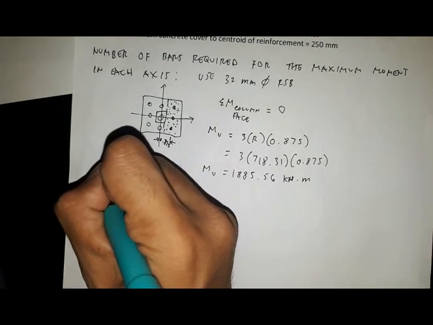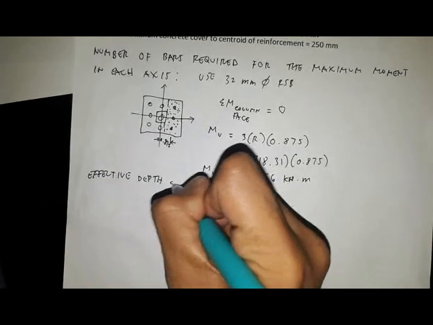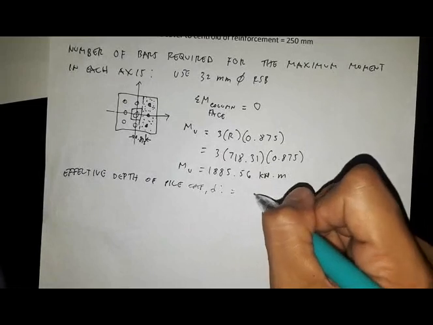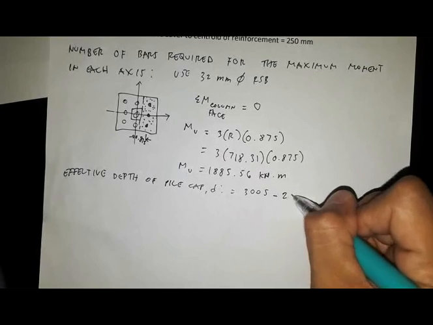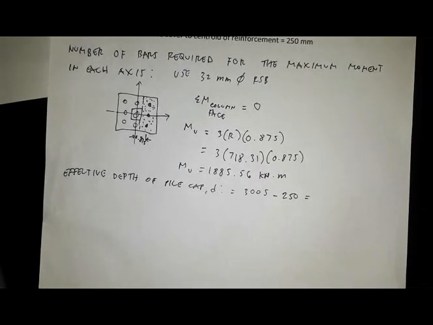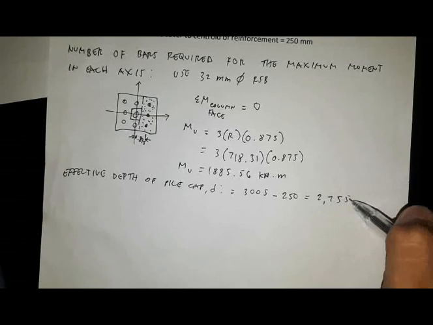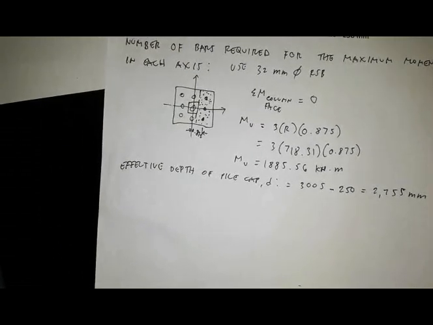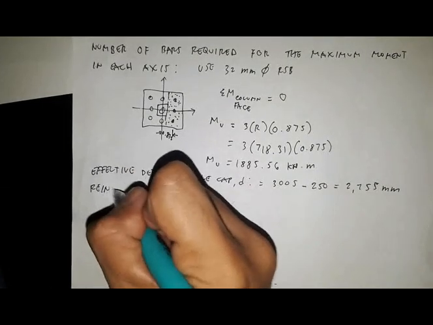And the effective depth of pile cap d is equal to 3005 minus 250, that is equal to 2755 millimeters. So we proceed to solving for